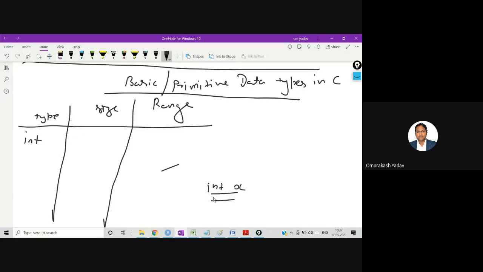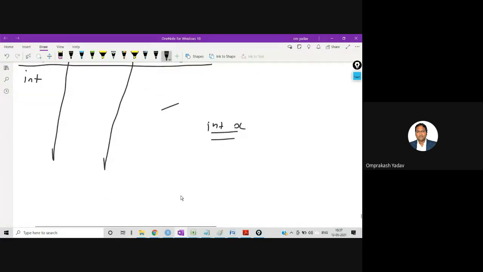Now remember one thing, if I write like this, by default the compiler understands it as signed data, signed int x. Whether you write signed before this integer or not, it is by default signed. You can declare signed int x, or you can simply write int x. So both int x and signed int x are the same. I'll write that one also over here.